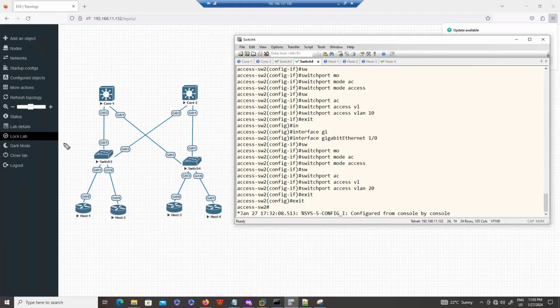So let's configure the trunk port. And this is my first class, so I'm not going very deep into detail, but tomorrow definitely I will show you some of the troubleshooting commands for the trunk port as well as the access port. It's not only about the real-world perspective, but also if you are planning to give the exam.